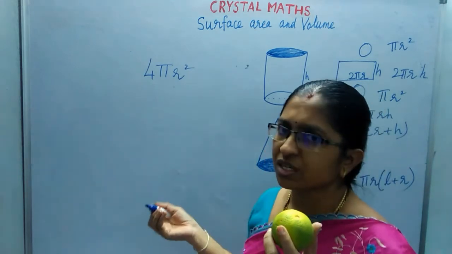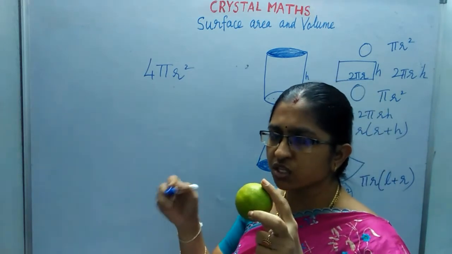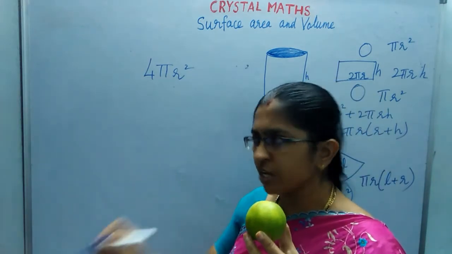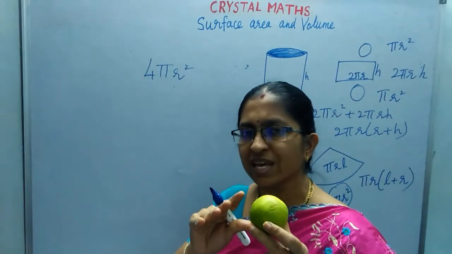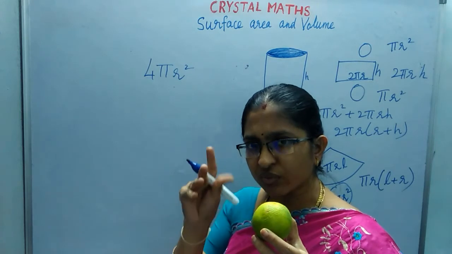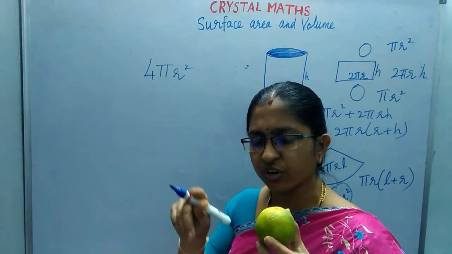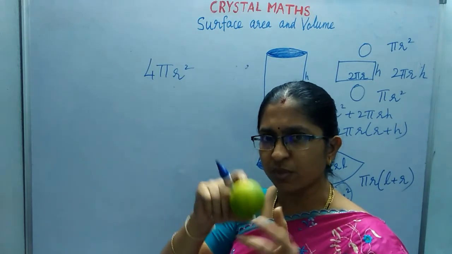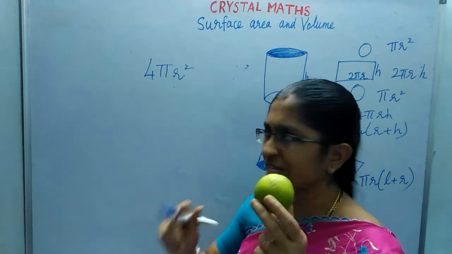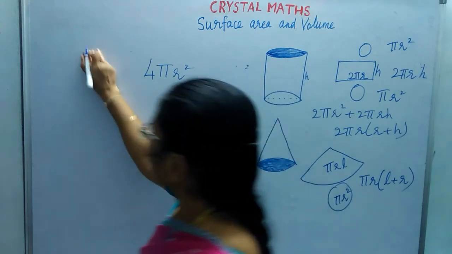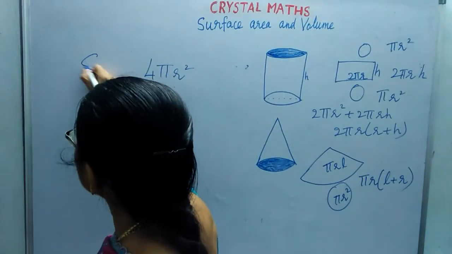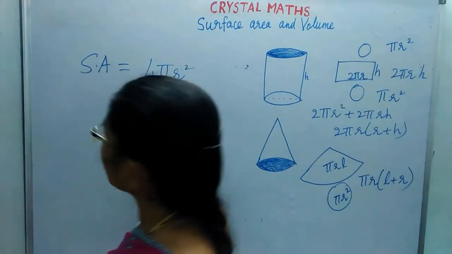Because area of one circle is pi r square. 4 circles we need to take and then make it into pieces. Those pieces, if you paste over here, will be exactly fitting. The radius of the circle you are going to draw should be the radius of the sphere. In that way, if you try, you will get exactly. We can't say curved surface area, just the surface area of the sphere itself we can tell.